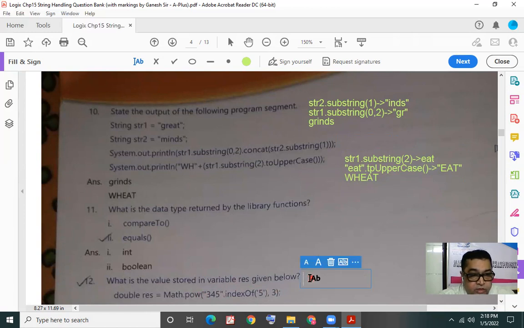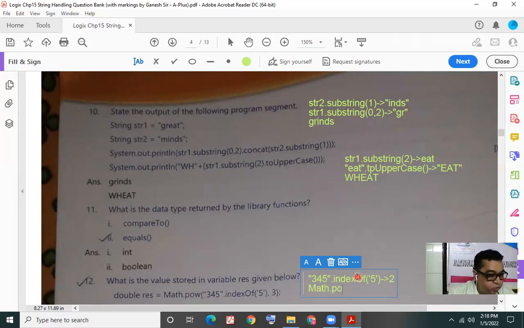So first, I'll just do the working. "345".indexOf, and the character we are specifying is 5. So we want the position of 5 in the string 345, which is 2. This 2 will be acting as one of the parameters for the pow method.